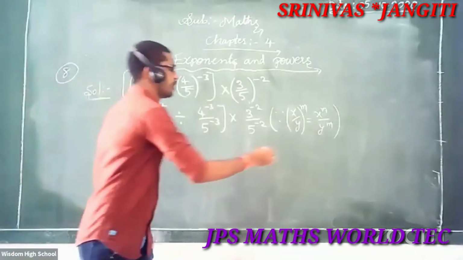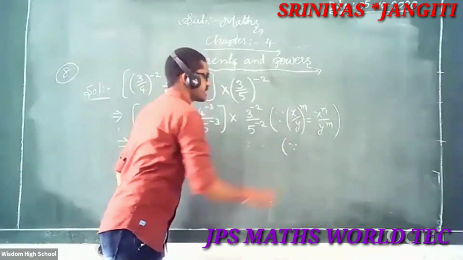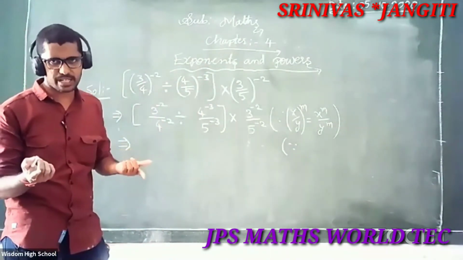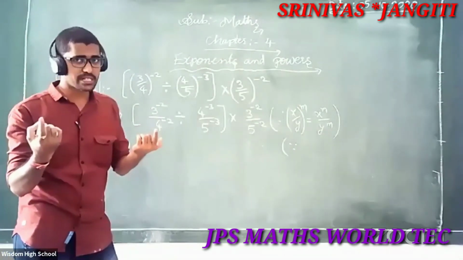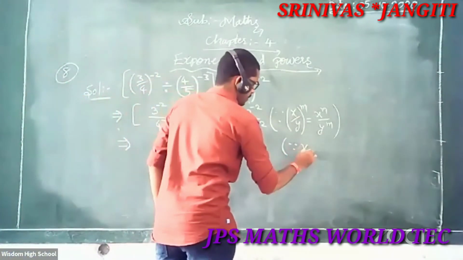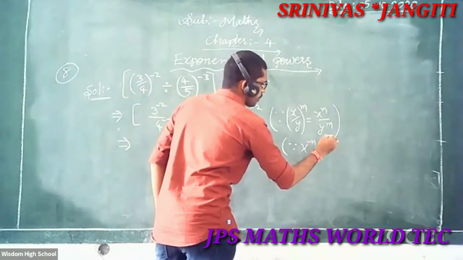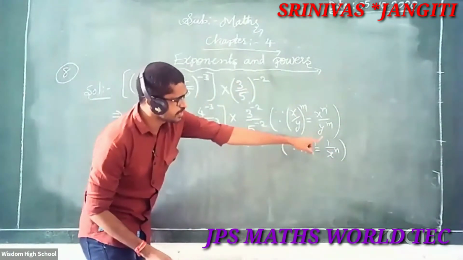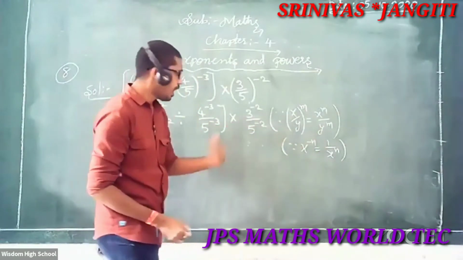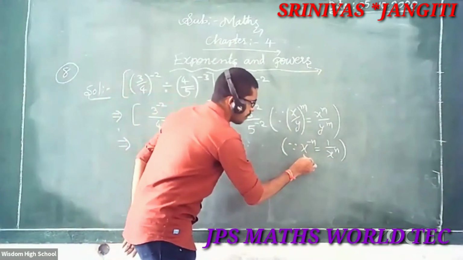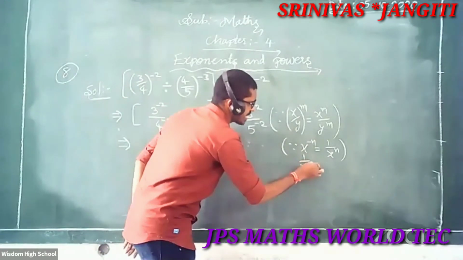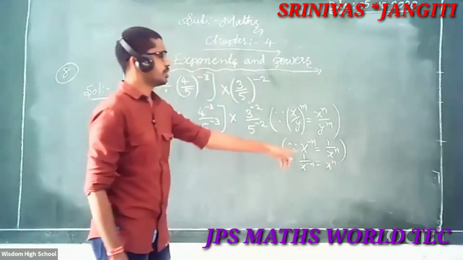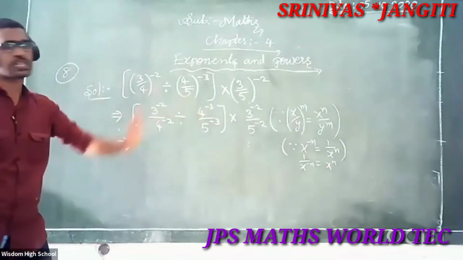So simple. One thing you know. What is that? X to the power of minus n. Then observe here: x to the power of minus n is equal to what? 1 by x to the power of n. x to the power of minus n is equal to 1 by x to the power of n. Or reverse, what is here? 1 by x to the power of minus n is equal to what? x to the power of n. So these two things you know, this is so simple.